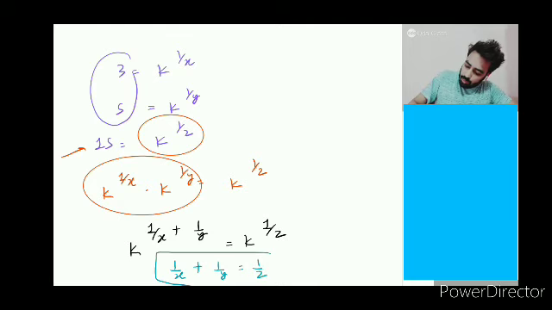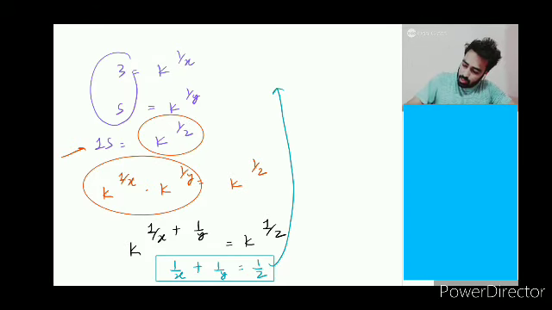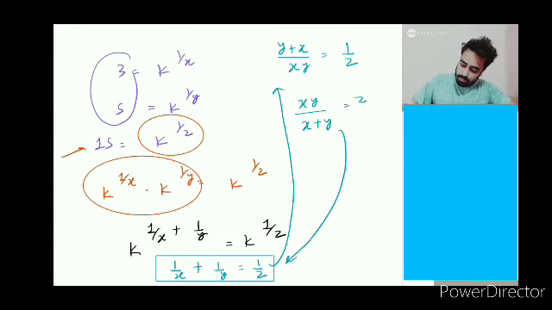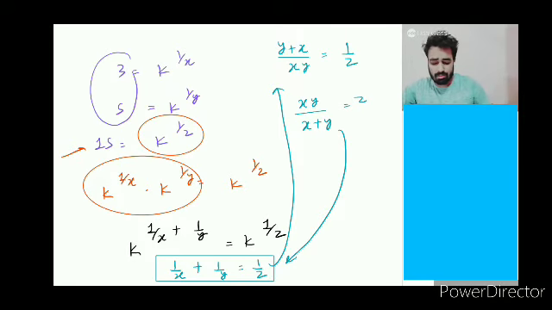Okay. Now if someone says simplify it further, then I can write it as y plus x divided by xy is 1 by z. And if I further take reciprocal, I'll get xy divided by x plus y is z. So these are two relations that will come. This question will be asked in Olympiads and all, but I was just giving you a hint of how to do it. Bas mann tha mera batane ka.